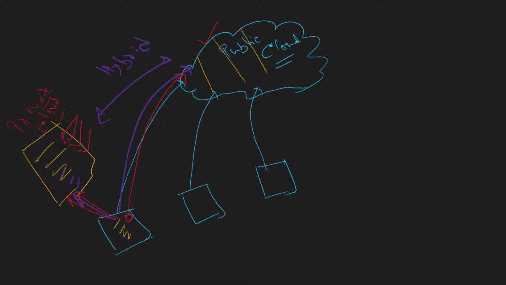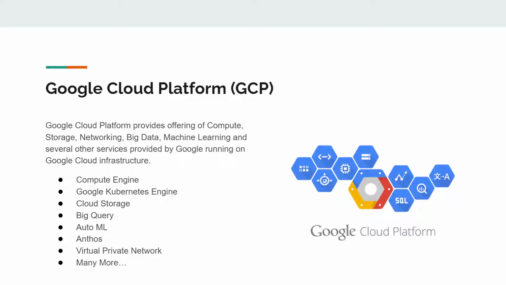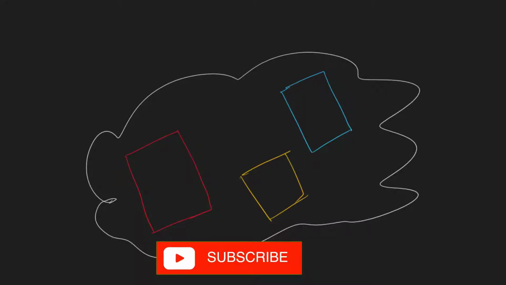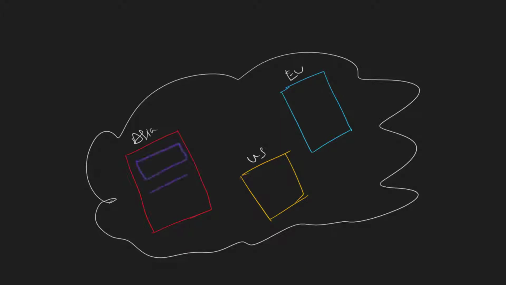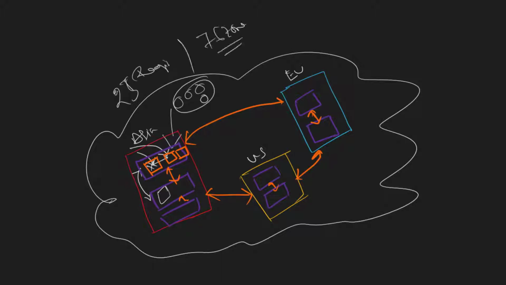Followed by that, we'll get started with different types of cloud service models, and then we'll get into the Google Cloud Platform introduction. We'll talk about different regions in the network, and I'll explain in a very simple way the different concepts of regions and zones, how they're interlinked, and what is the purpose of each of them. This will give you a fair understanding of different cloud infrastructure, not only for Google Cloud, but any cloud